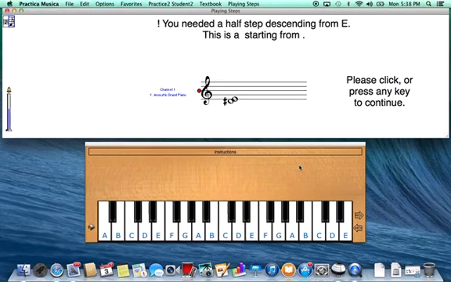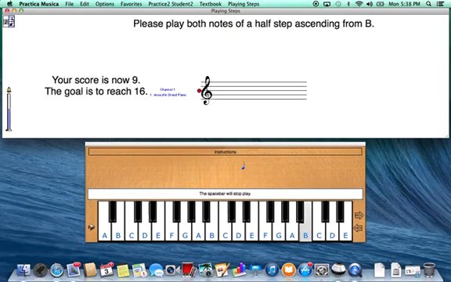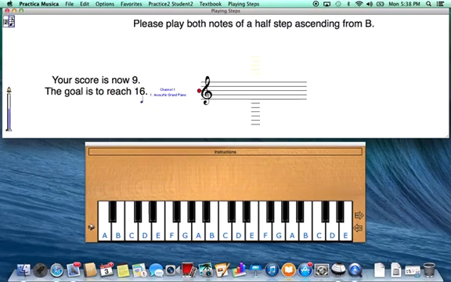I was in this activity module earlier today looking at it so I would know how I wanted to describe the instructions to you. So I need to, in this case, click or press any key to continue. So you'll notice over here that I've already reached a score of 9, but the goal is to reach a score of 16. And the directions at the top tell me to play both notes of a half step ascending